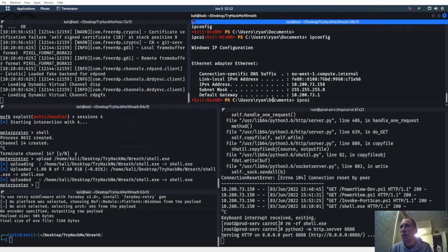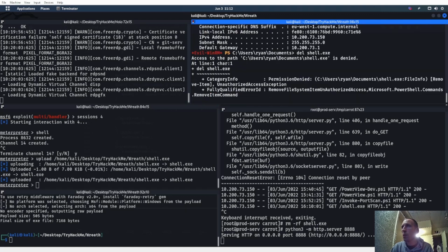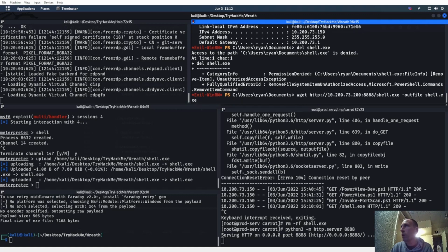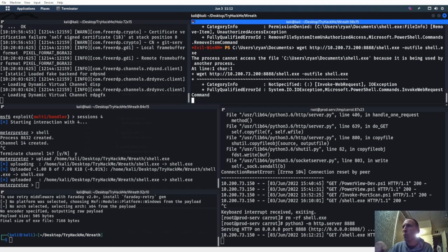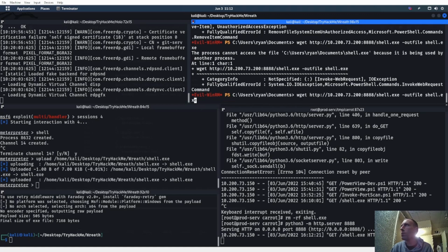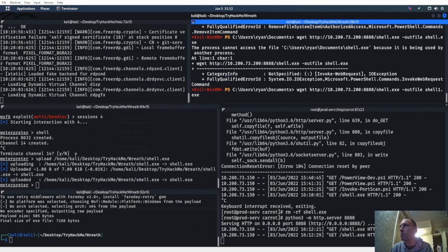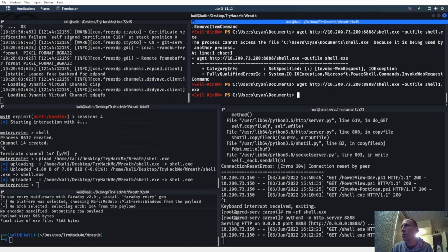Upload that again, and we will go ahead and do a delete shell.exe, and run that again. I guess I'm not allowed to delete him for some reason. Okay, whatever. We're just going to wget him again. That should overwrite the other one, and it didn't because it didn't feel like it. So we're going to say outfile shell1.exe, and from here we are going to run